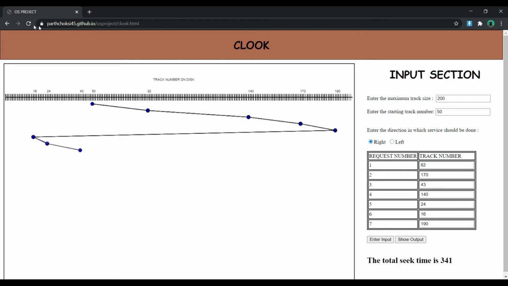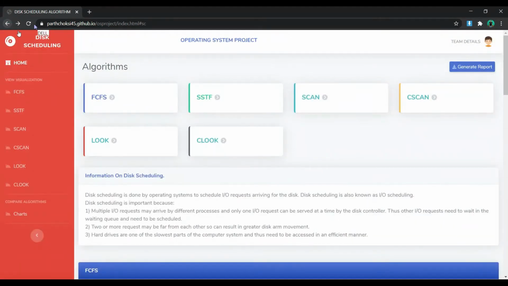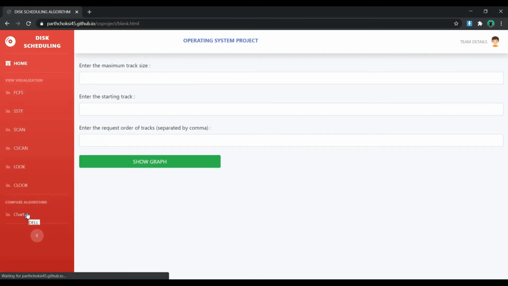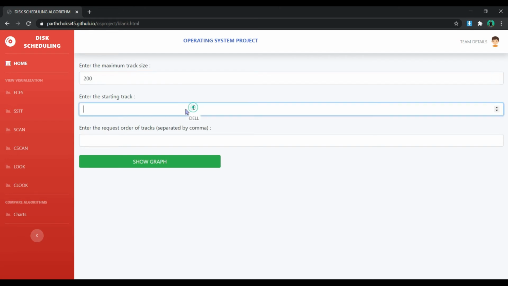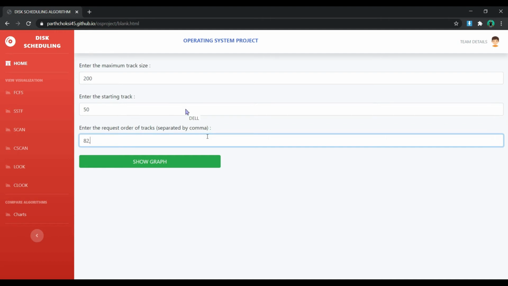Okay, so now we will move towards our main section, which is the compare algorithm section. First of all I will open that. The main feature of this chart is that we can run all the algorithms at once. Now we will enter the same inputs, starting track number 50, and I will enter my inputs. It will plot a graph